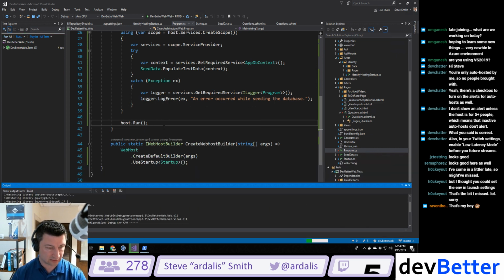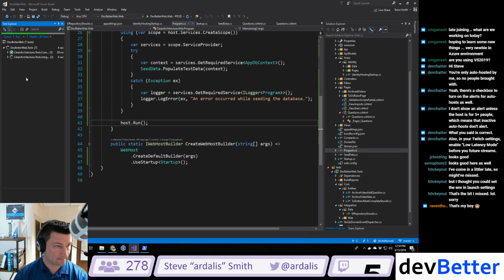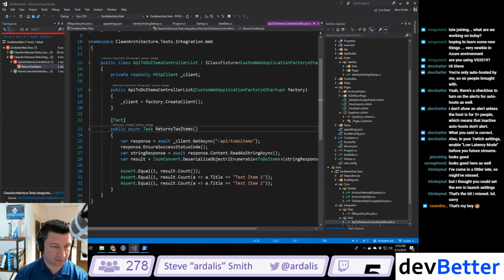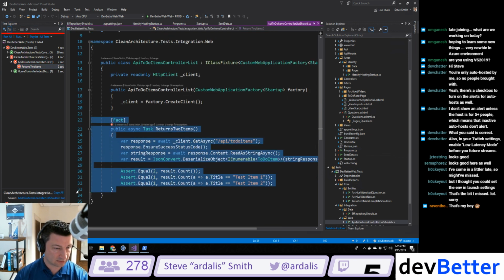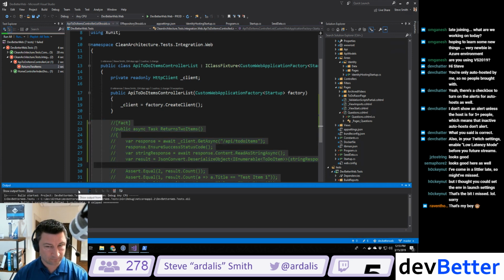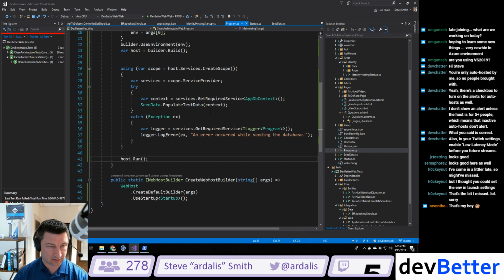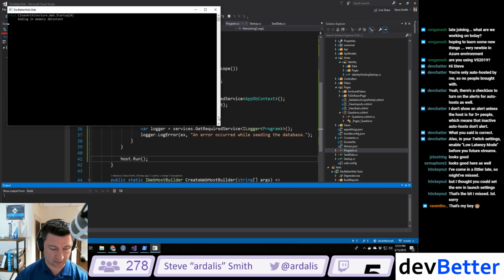My app was still running, so that was why it was locking up. Let's try this one more time. Okay, integration test. Of course, that API that uses to-do items will also fail. So we'll just comment that for now. Alright, so the basic task that I'm still working on is trying to get this seed data to run when the app starts. And right now, that should be working. It shouldn't actually do anything, but